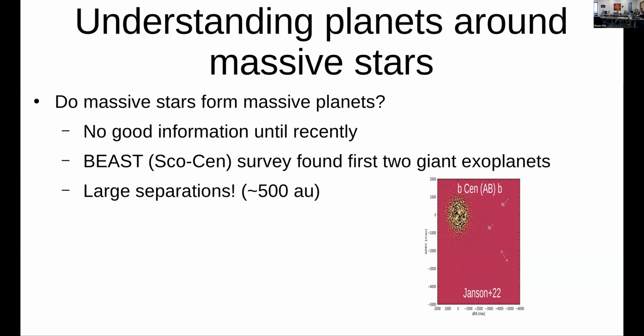And also, it's very hard to observe these stars with radial velocity or transit methods, because for radial velocity you need a lot of lines, and these stars don't have a lot of lines. For transit, if you have a large star, the surface area of the star that's blocked by the planet is not very large. So everything is difficult. Until recently, nothing good was known about this, until the BEAST survey came along,